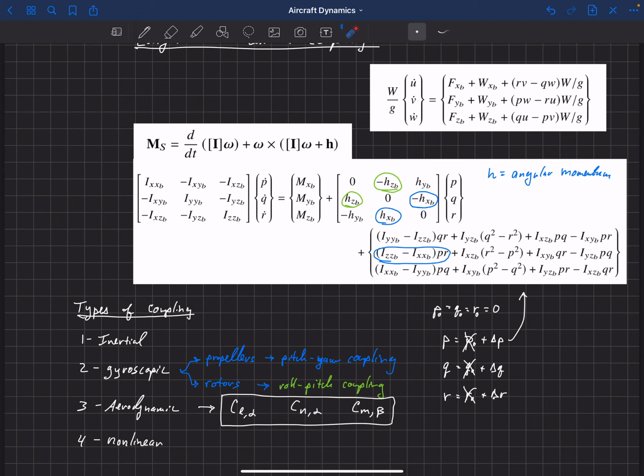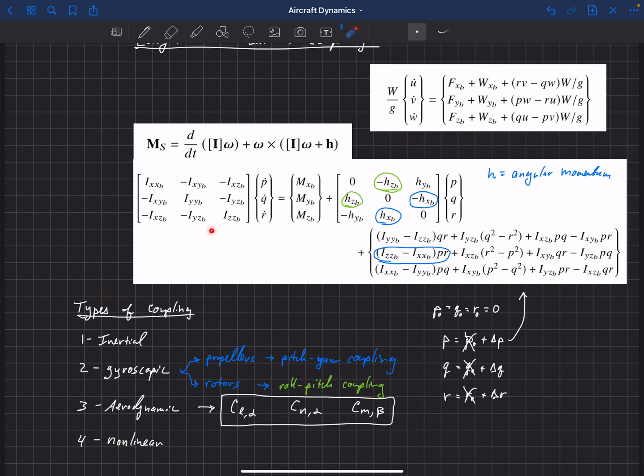It can pitch up or pitch down and change the angle of attack rapidly, and that increases the lift on the main wing, right? Our lift is proportional to our angle of attack. So as you increase that rapidly, you have a large change in lift, and that can exceed the load limits the structure was made for. Now you can understand why that fighter might have broken up because of this high-speed roll. This phenomenon was not well understood until later, when they started to include these nonlinear terms in the dynamic analysis.